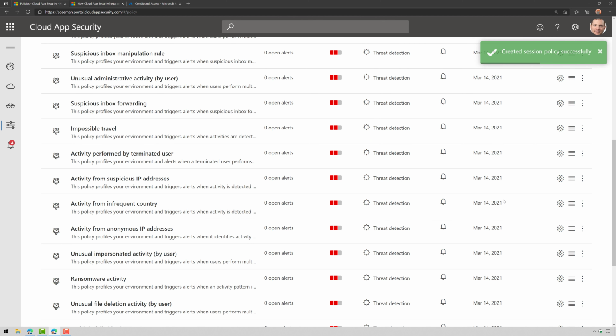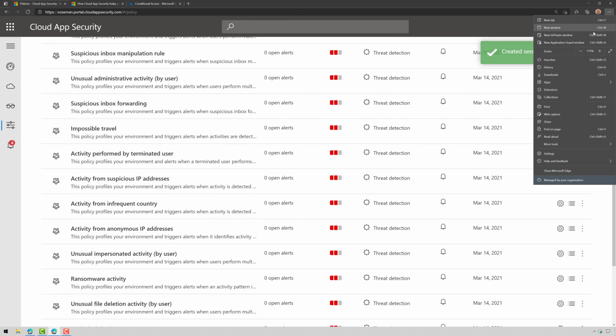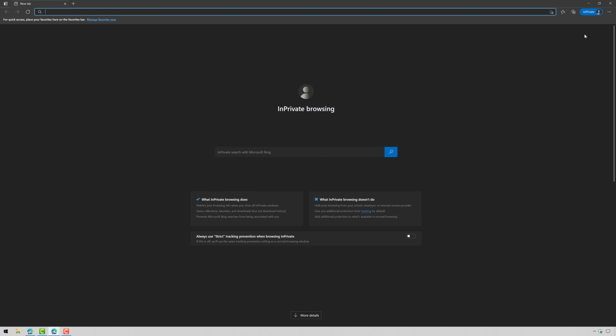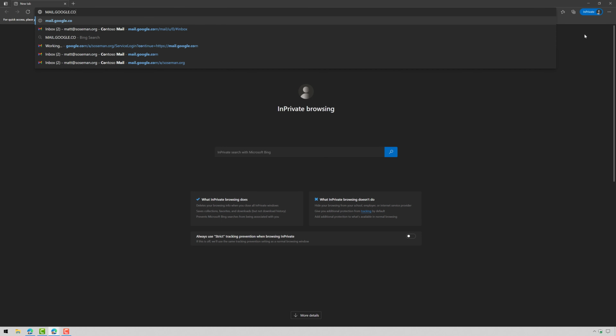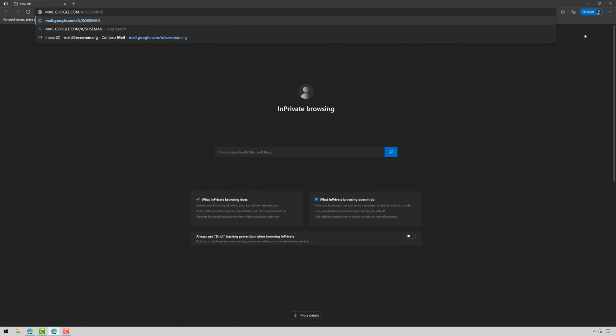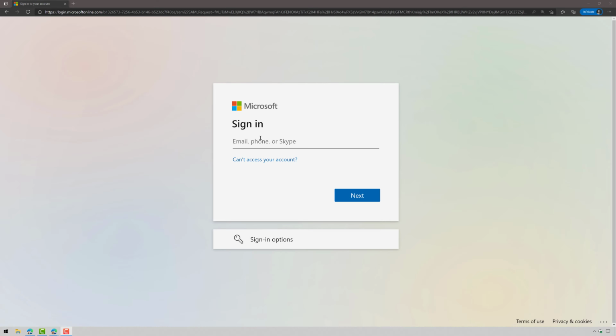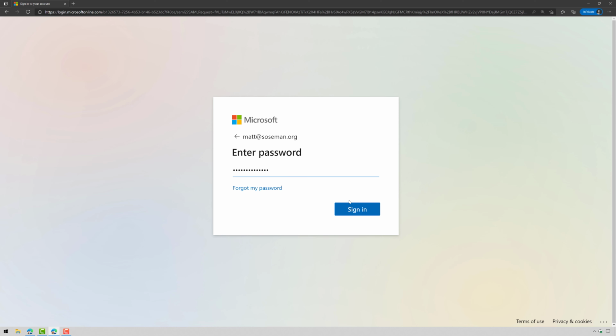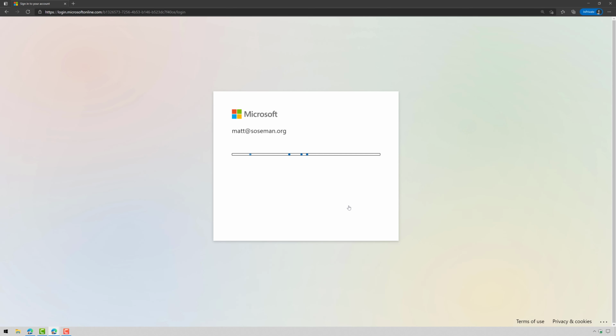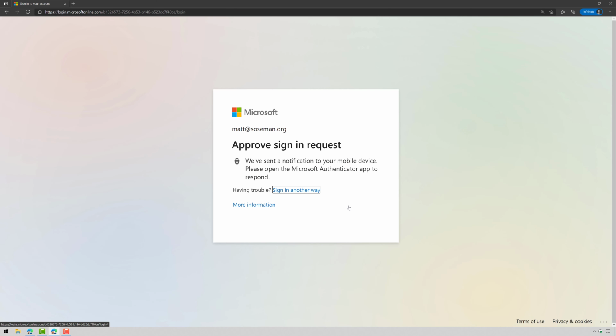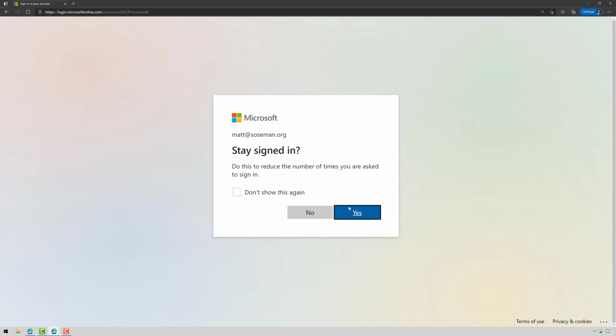Okay, so now that that's created, let's go over here and test it again. So let's open up a new private window. Let's go to mail.google.com. I need to turn off caps lock and get signed in. MFA, approve, Face ID, and